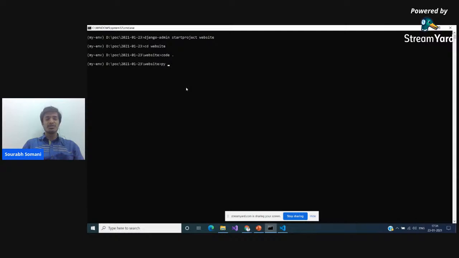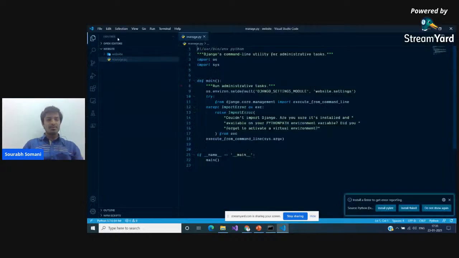Before running this application, you can see we have a couple of files here. We have the wsgi file, the urls.py file, and the settings.py file. The main file which we will run is manage.py. Here is the main function. Well, Django doesn't have a main function, but whenever we run any py and the file name,